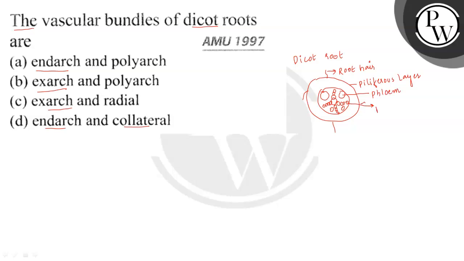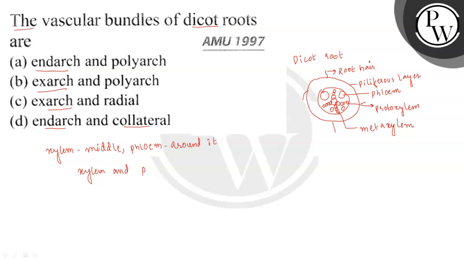this is known as the protoxylem and ये middle portion will be referred to as the metaxylem. Looking at the diagram, हम बोल सकते हैं xylem in case of dicot roots is present in the middle, whereas the phloem is around the xylem. It is around it,